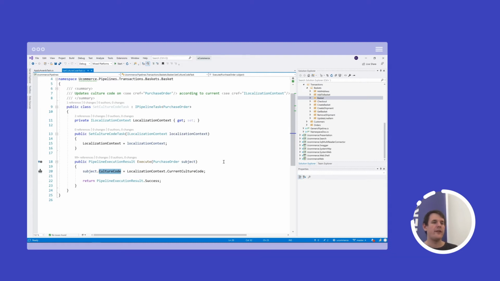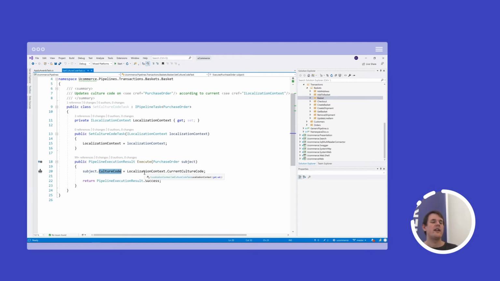And that's the beautiful thing here about pipelines, is that there is some logical things that happens, but instead of writing it in one huge method, which would be very cumbersome to extend because you would have to rewrite the entire thing, each of the steps are isolated in its own little component. So it adheres to the single responsibility principle, which basically states that all types and all things should only have one responsibility. In this case, the responsibility is to set the culture code.